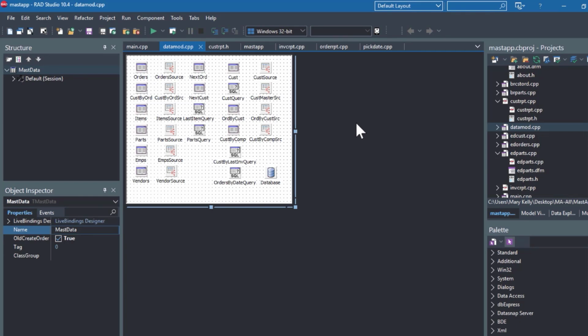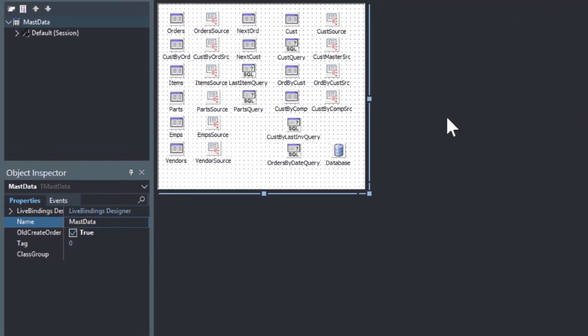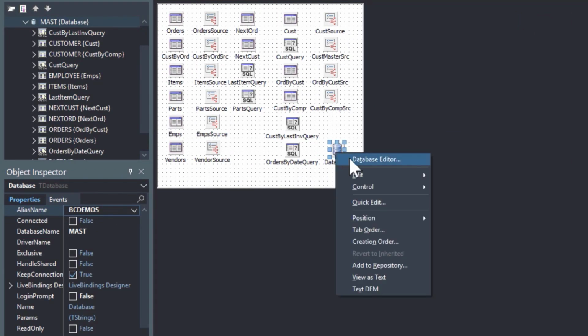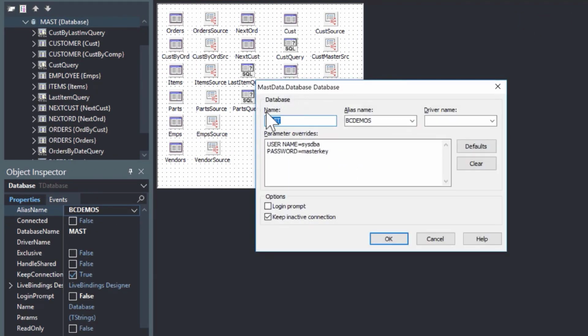Soon, we'll be migrating entirely away from Paradox to InterBase, but to quickly solve these issues, we're going to go into the data module components and make the switch to DBDEMOS to get prepped for our Unicode, FireDAC, and UI updates. So if we go ahead into the database editor, we can see here that the name